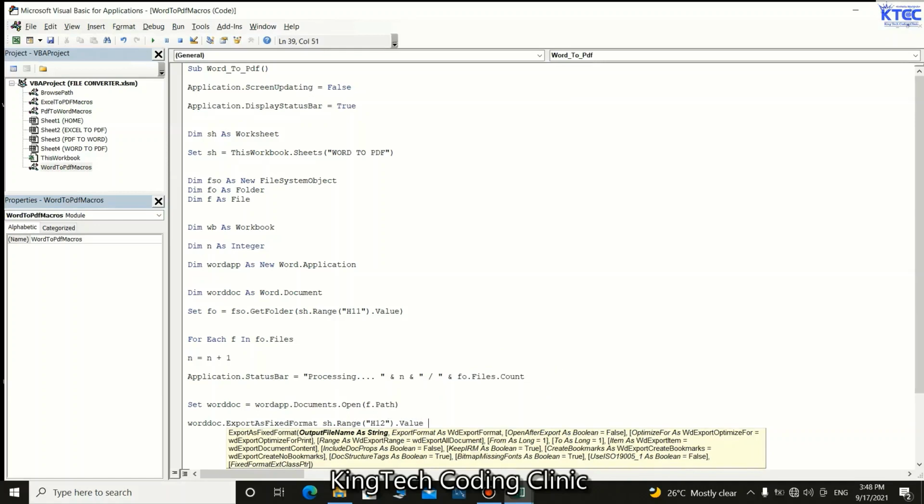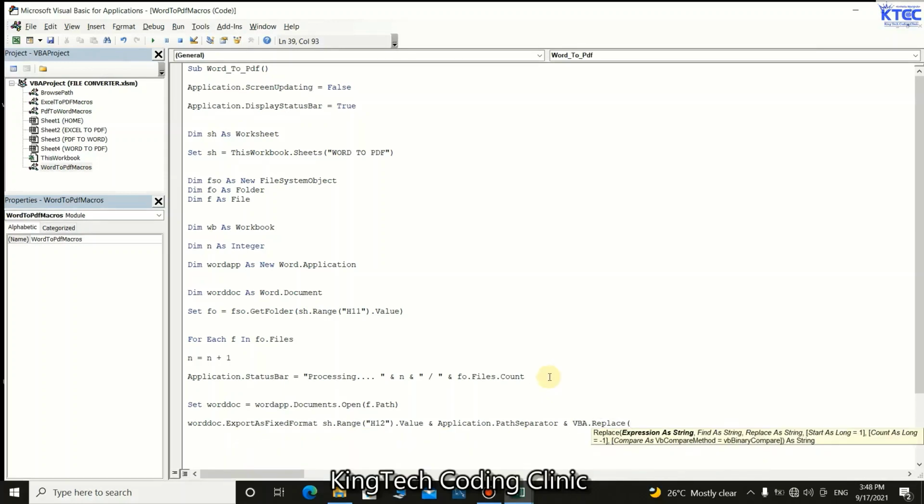Then from there, we would want to concatenate that to Application.PathSeparator. Then after that, we would want to concatenate that to the VBA Replace function,